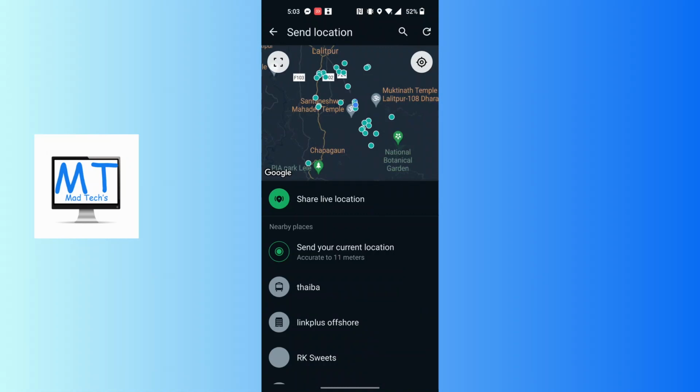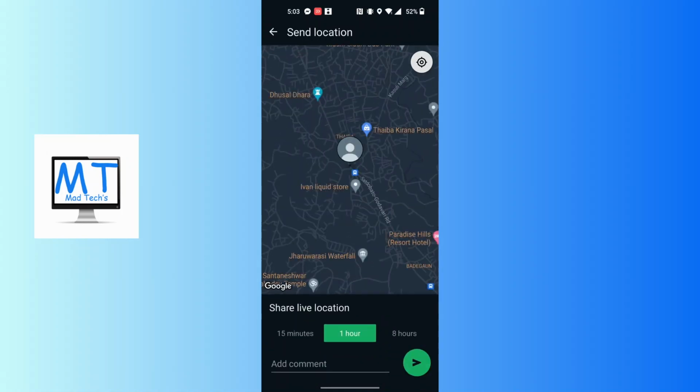But guys, if you're not on this page, then you will be required to accept some permissions which WhatsApp requires from your phone in order to share your live location. And after accepting all the permissions, you will be on this interface where you can see the share live location button available for us. Tap on that and you'll be able to choose the duration